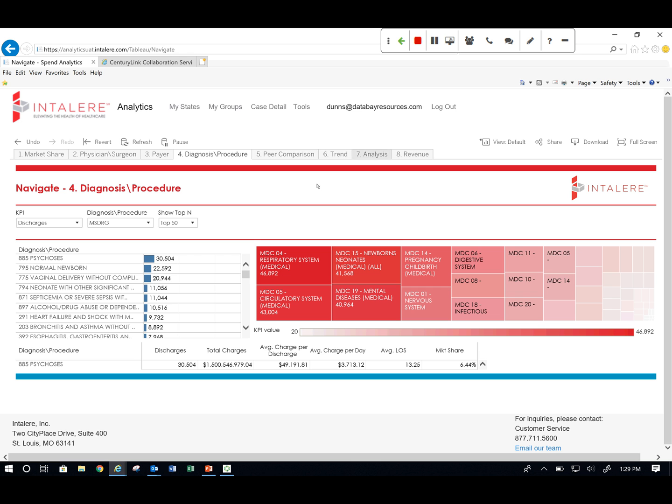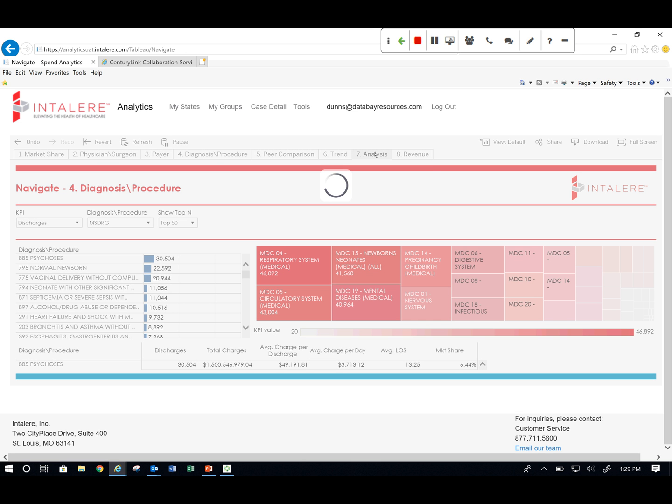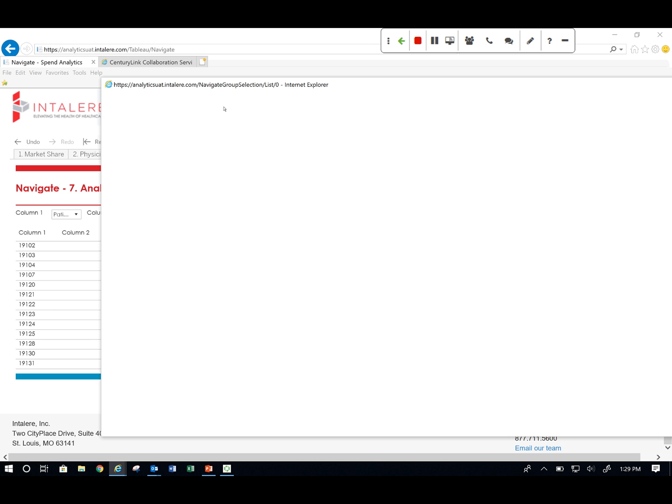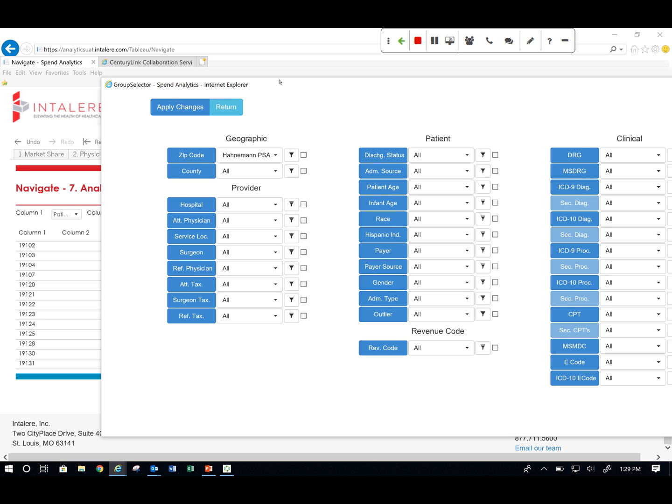So then one of the other areas I just wanted to touch on was the analysis tab, and this is what we refer to as sort of a user-defined or a custom tab, because most of the time people are very interested in the specific procedures that are occurring inside of a zip code, and then the volume that I received for those specific procedures. So in this example, what I'm going to do is I'm going to go back to the My Groups menu like I was talking about before, and I'm just going to add a